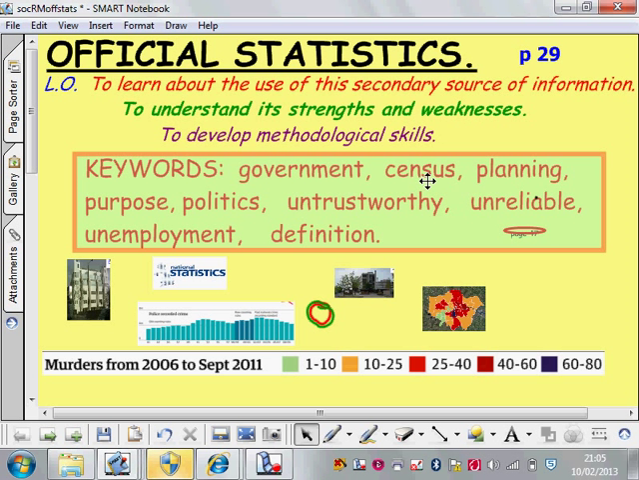Keywords are government, census, you know that every few years comes the census, a big questionnaire everyone has to do, a census, planning, purpose, politics, untrustworthy, unreliable, unemployment definition. Right, okay. The government every single year collects